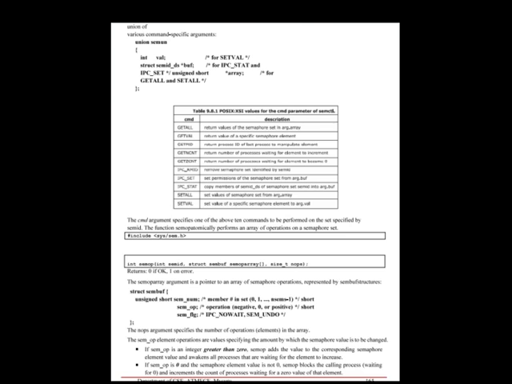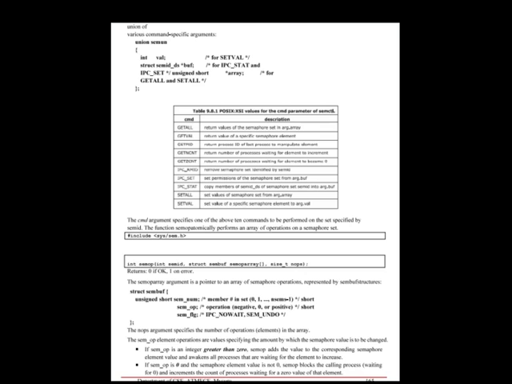The number of semaphores in the set is nsems. If a new set is being created, we must specify nsems. If we are referencing an existing set, we can specify nsems as 0.